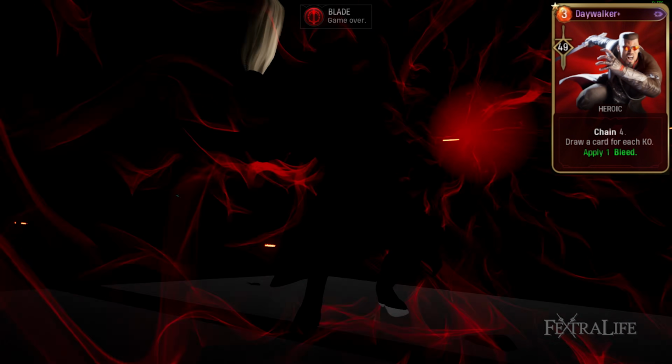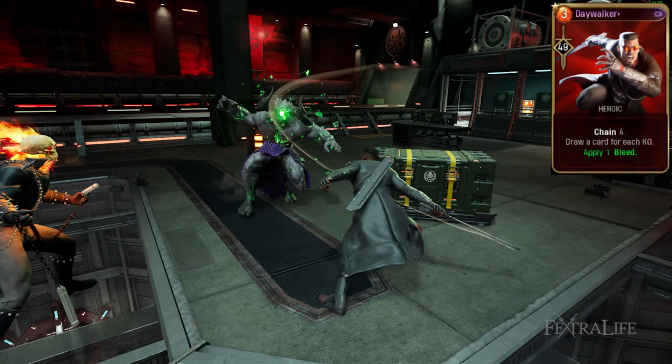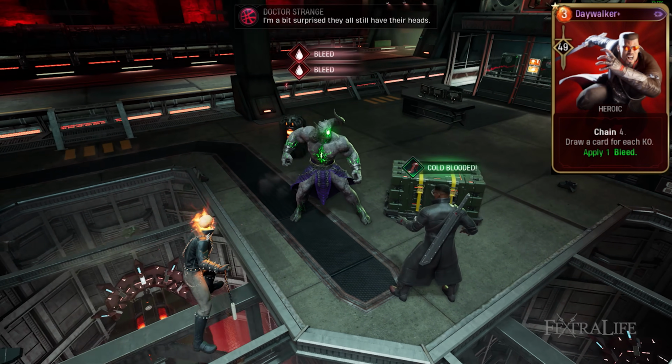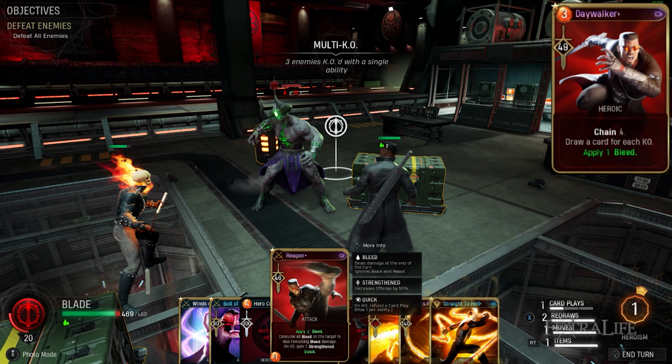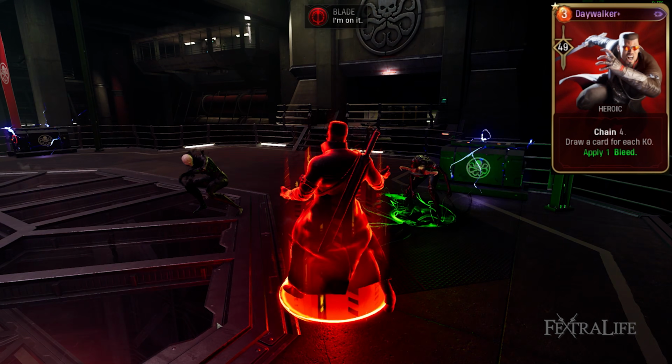And what I really like to do with this ability, when you can modify them, is to apply 1 bleed. So this means that even if you don't have Make 'em Bleed, you're still going to apply bleed to enemies. And why this is important is because you want to use the Hunger ability with this build. And if you don't draw Make 'em Bleed, then you really can't use the Hunger if you don't have this